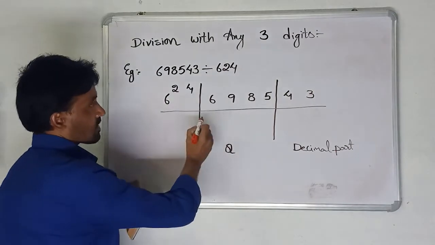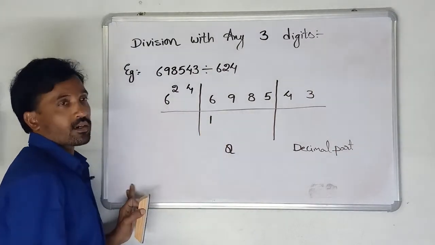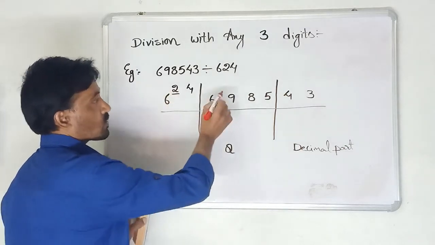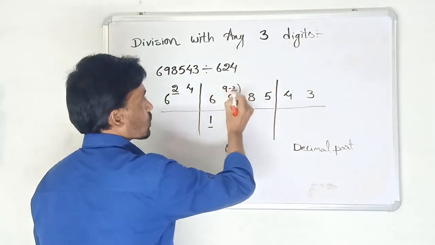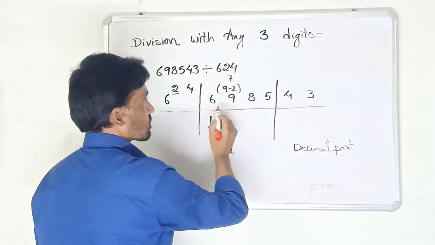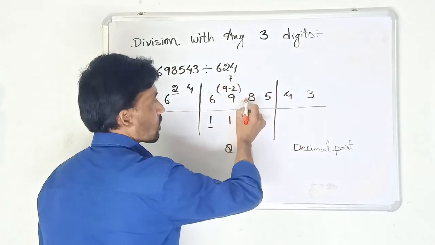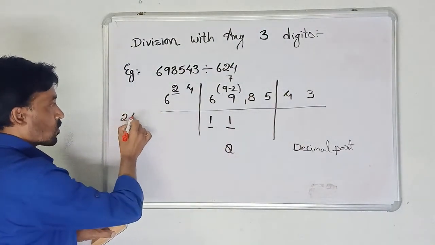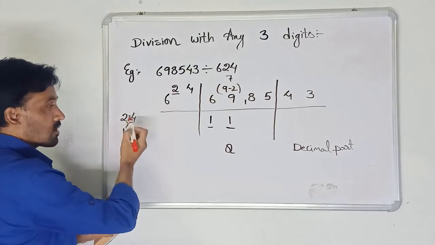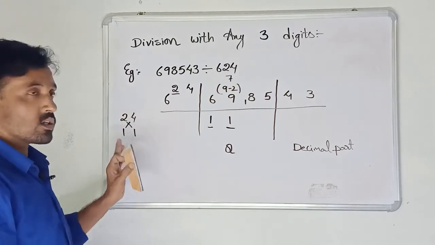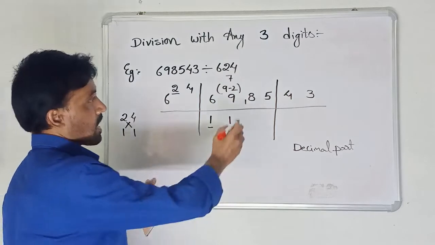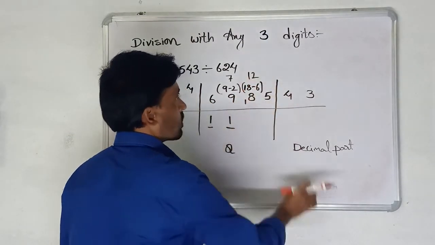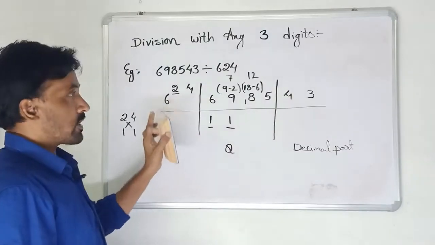So look at this: 6 divides with 6 how many times? 1 time. Nothing is left. Now here we have 2 and here 1. 2 times 1 is 2. 9 minus 2 is 7. Again 7 divided with 6 how many times? 1 time, and the remainder is 1. Now the suffix 24 goes under 1 1, and cross multiplication: 2 times 1 is 2 plus 4 times 1 is 4, that is 6, and 6 is to be subtracted from here. Now the value is 12.